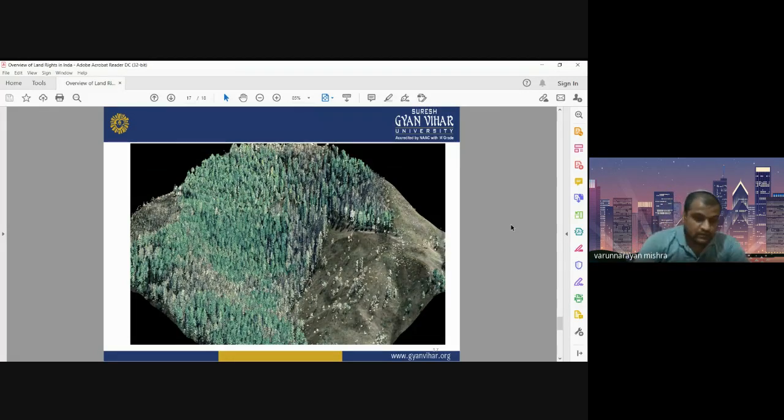It is produced from the point values captured by the lidar system using different softwares. Those softwares may be proprietary. No open source softwares are available till now. So here you can see very high details of the objects with good positional accuracy in case of vertical and horizontal position. So this is the overview of the characteristics of LiDAR data, the point data sets, and how we can process point data sets to form LiDAR images or intensity images.